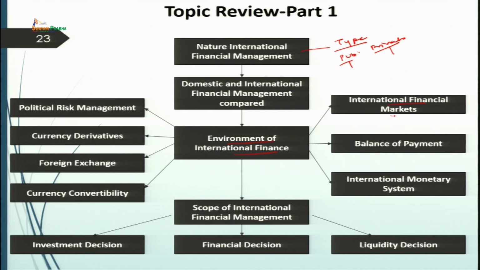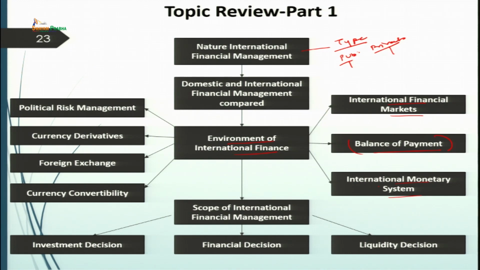We talk about the international finance market, we talk about the balance of payment and its relation, and how good it is for understanding and analyzing the economy of the country, how it gives the true picture of the economy to the analyst, that we try to get to know through the understanding of the concept of balance of payment. We even discuss the balance of trade, the different three stages of the balance of trade were also taken into consideration, and we also get to know about the international monetary system,